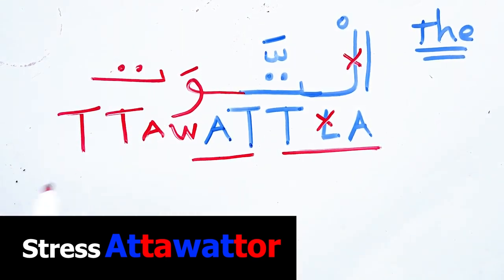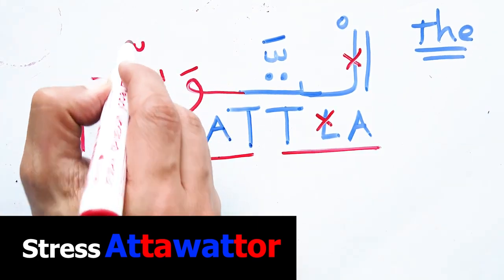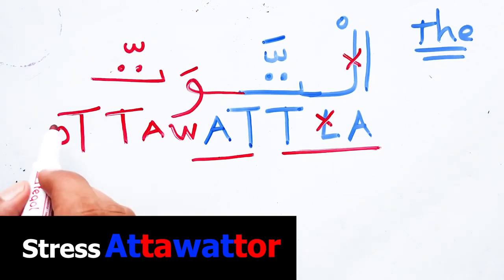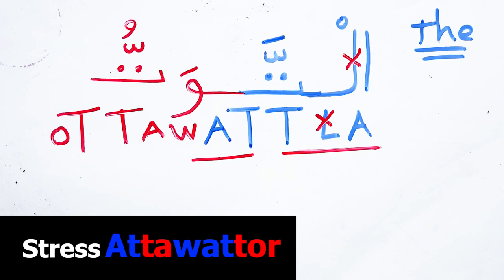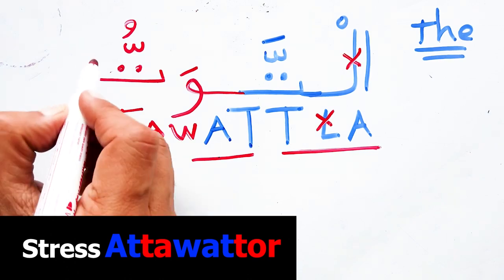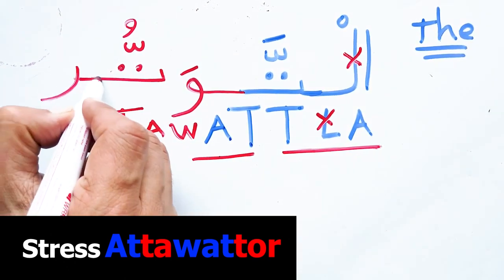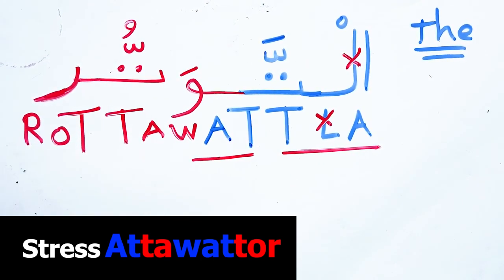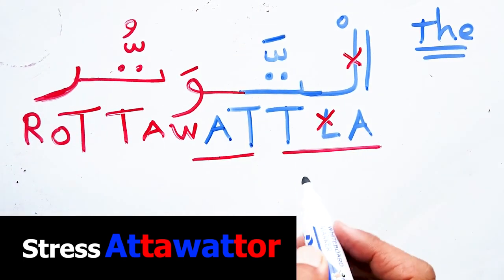The ta 2 times. But I say in the second time tu. I have the sound of o. So what does it mean? It means I must add here shadda because I pronounce it 2 times. And I say tu. So I have dhamma because of this sound of o. At-tawattur. And in the end we have ra, the one that sounds like r. So pay attention. This ta we pronounce it 2 times.